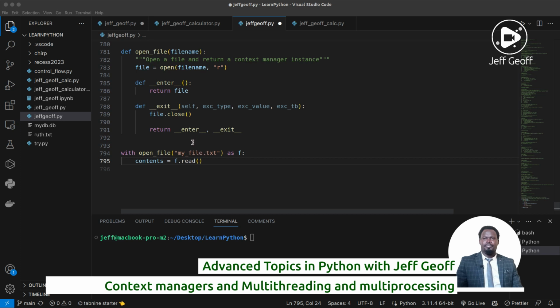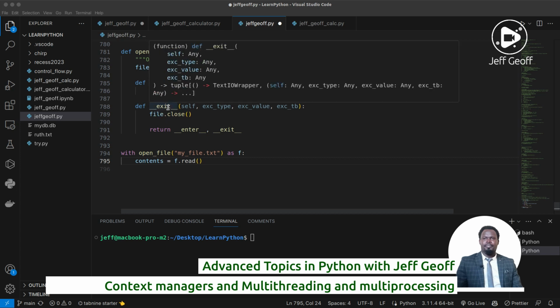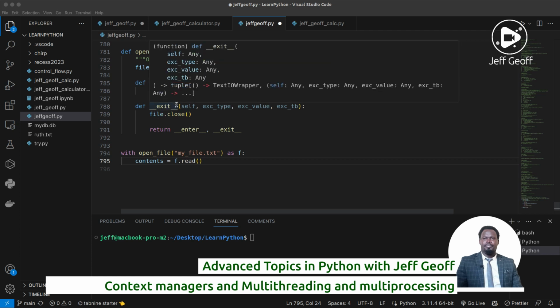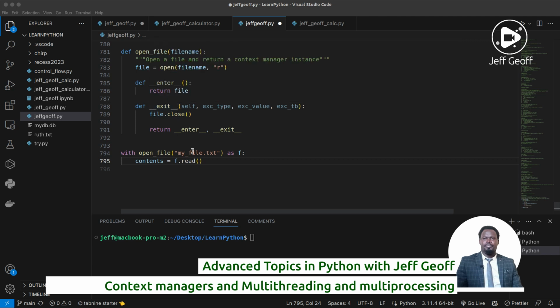Then the exit function is called when the statement finishes executing, and it's responsible for tearing down the resources that were set up by the enter function. And in this case, the exit function closes my file. So the exit function closes my file, and that's how the with statement also helps to close